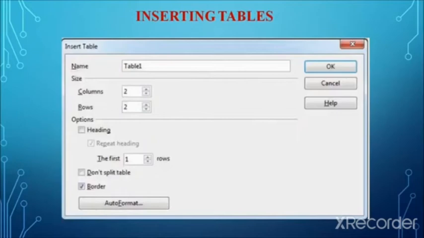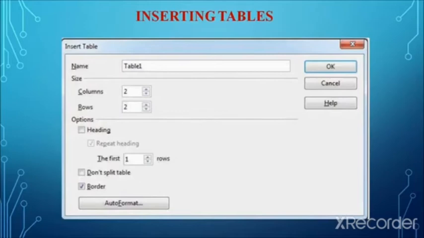Next we are going to see about inserting tables. A table is a grid. A grid is nothing but a combination of rows and columns. A table is also used as an alternative for the spreadsheet, that is the Excel sheet, which we will be learning in the next chapter. Mainly it is used to gather or organize information in an effective manner, so the user can easily read the information.